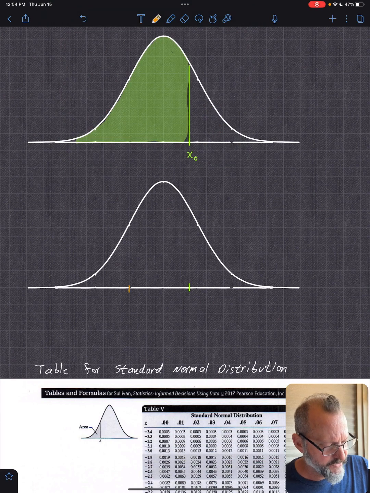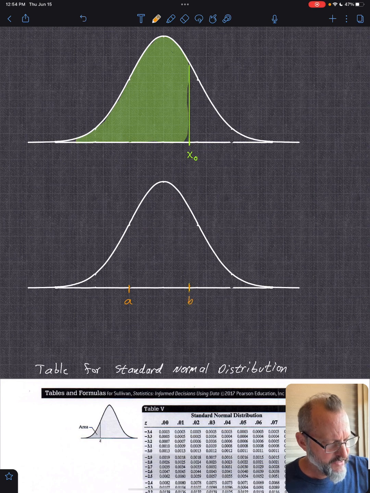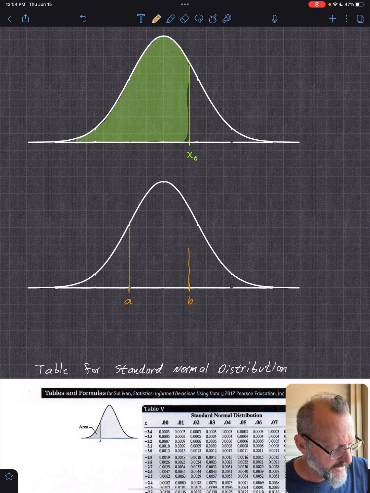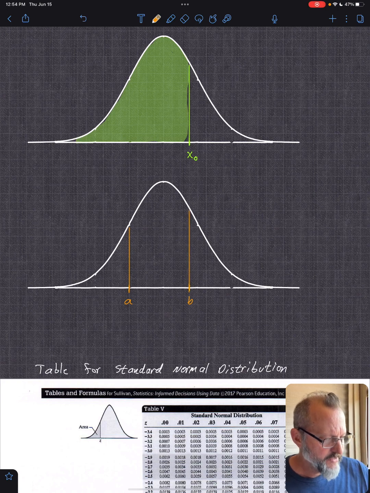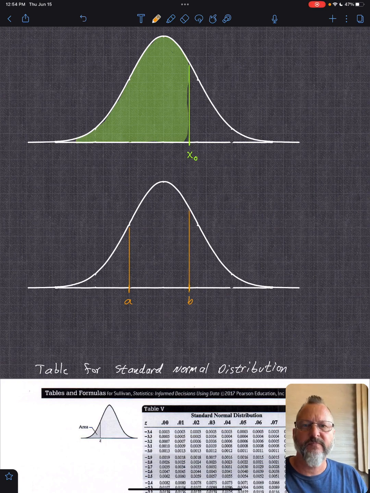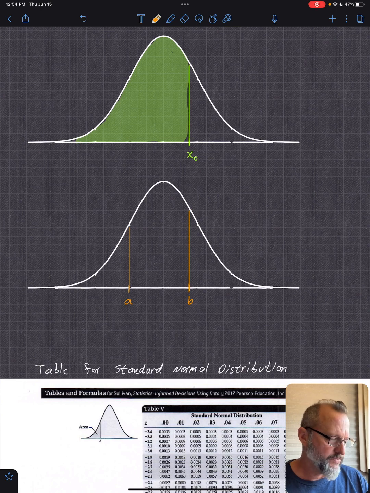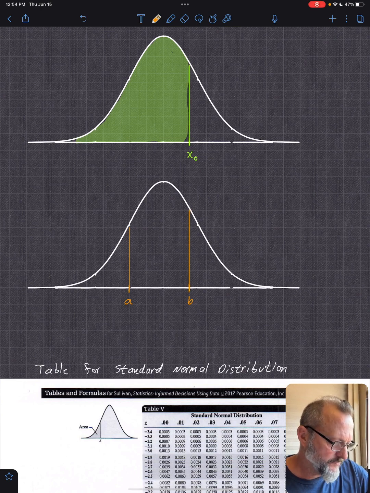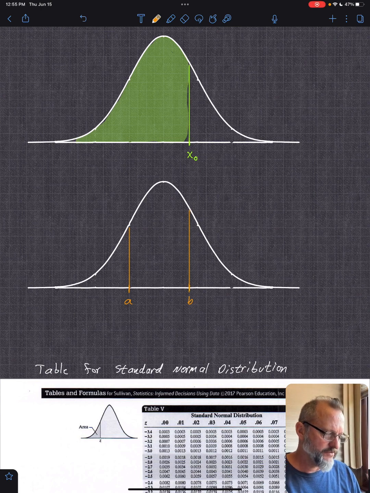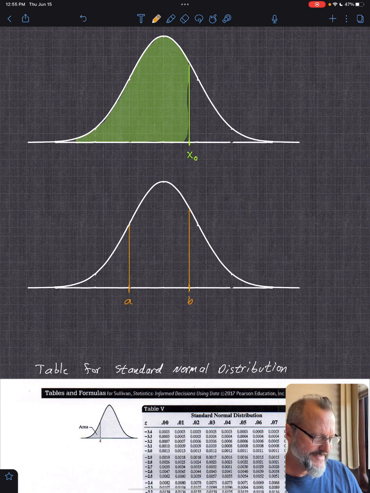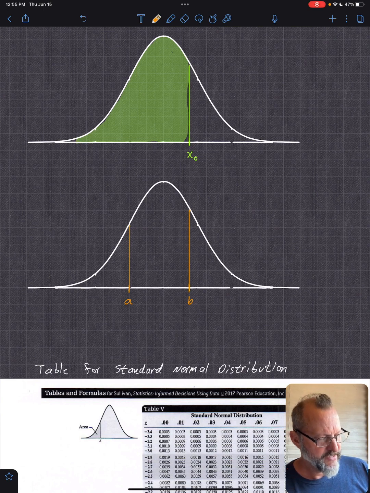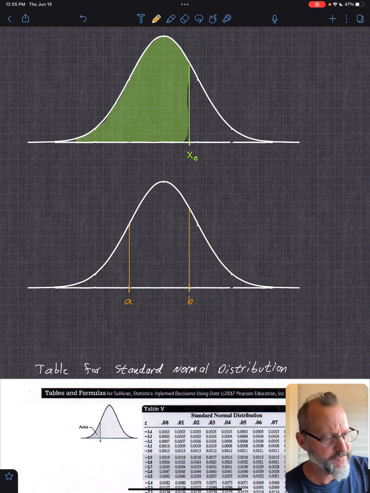From here, we'll say A, and we'll make this a B, and now I want to find this area, meaning the probability that the height of people or the number of car accidents or whatever, the number of something is between A and B. So this probability,